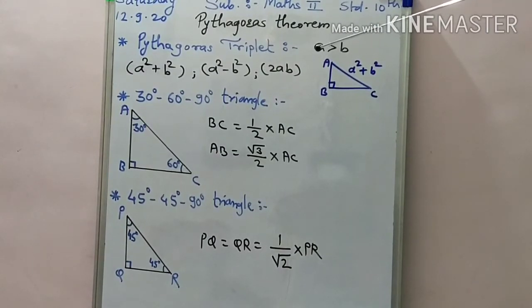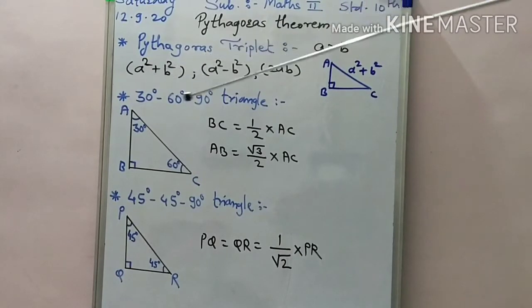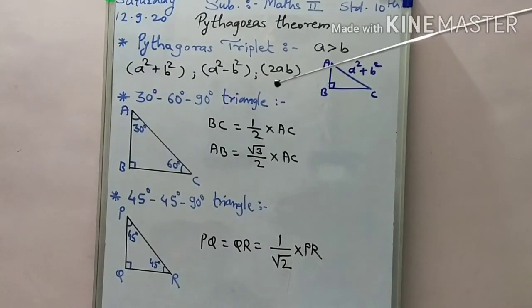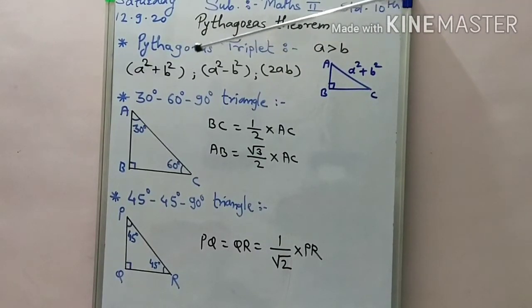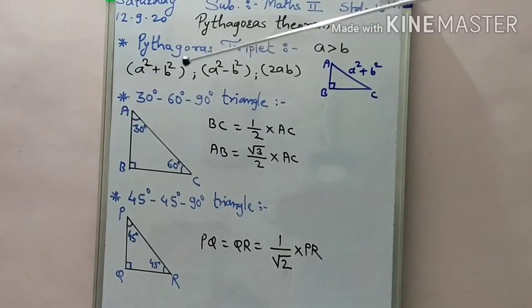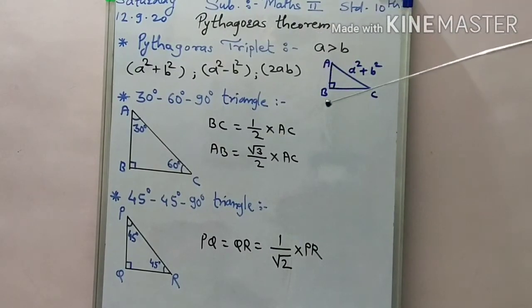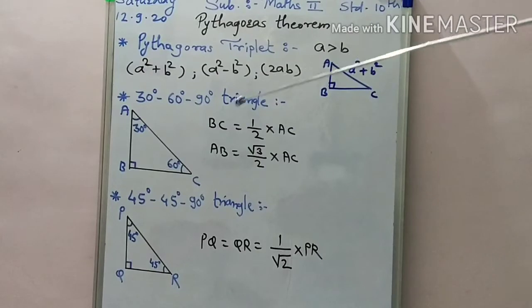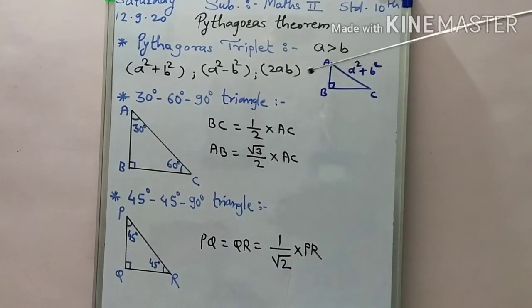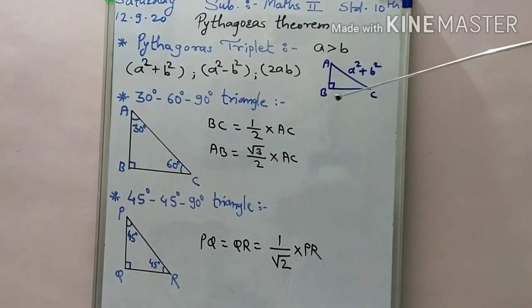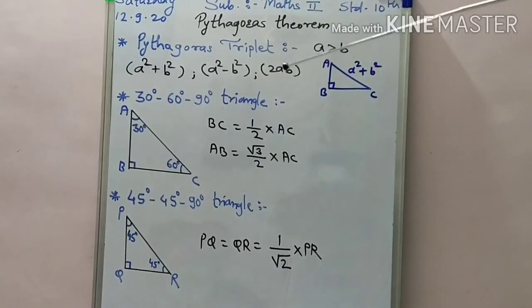As we substitute those values in these three formulas, we get the Pythagorean triplet. Taking those three values, a right angle triangle is formed, and always a square plus b square is the length of the hypotenuse. And the other two values are the remaining two sides of the right angle triangle. This part we also already discussed in our yesterday's Google Meet lecture.